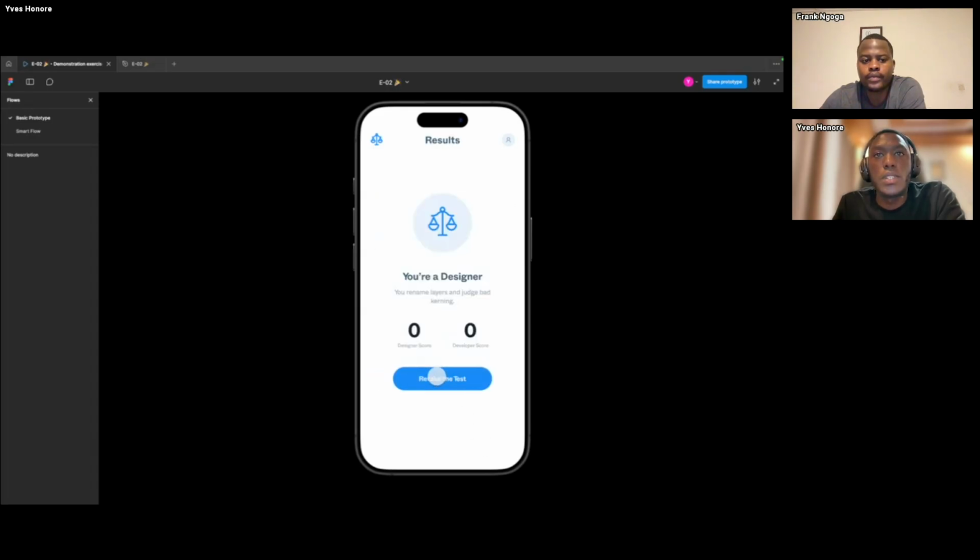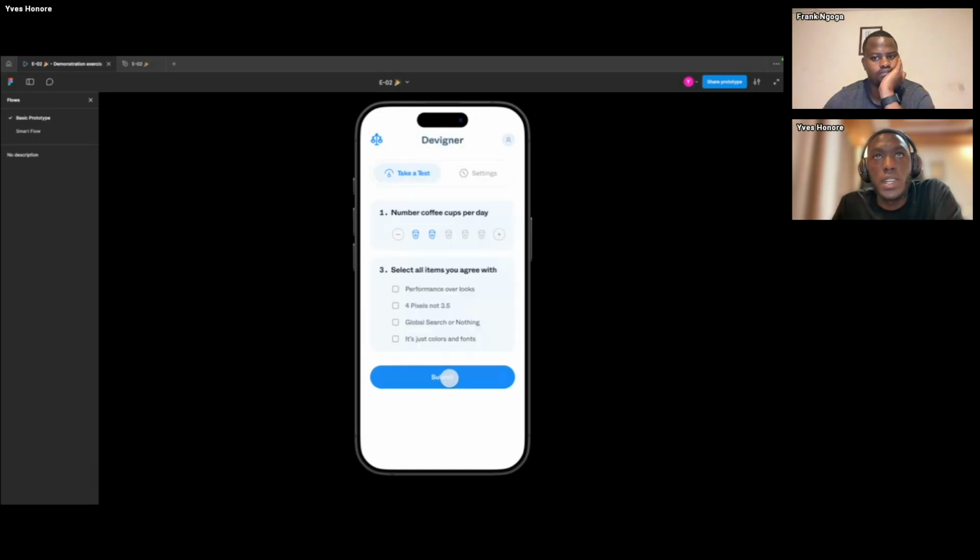And once you submit, maybe there will be a page depending on the score that will tell you if you're a designer or if you're a developer, and then you have an option to retake the test. So if you look at this, for a developer, yes, they can see different screens that they have, and maybe they understand the logic behind. But for example, because we don't have some logic, let's say, behind